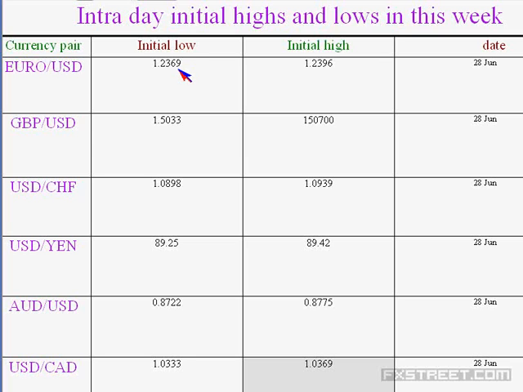So from here what they are expected to do? From here they are expected to take the level to that of 1.2484. That was the initial high on Monday. That was intact, 1.2484. And that was not breached throughout last week. And this week, today itself, they are expected to breach that particular level.